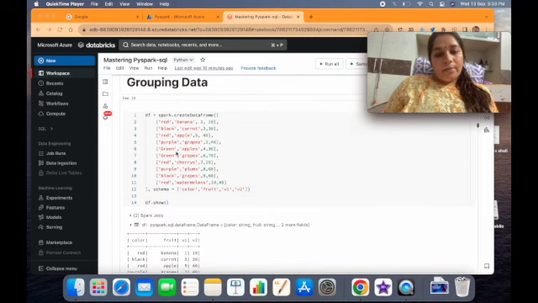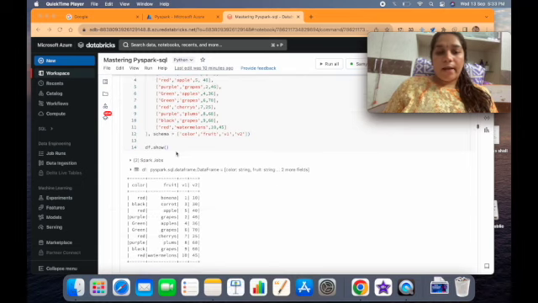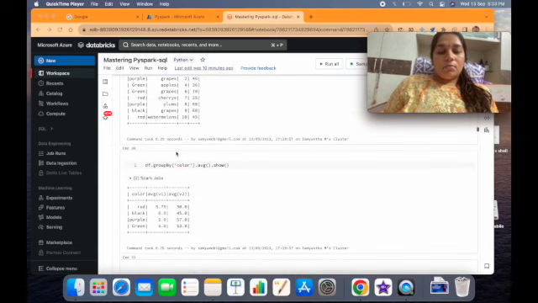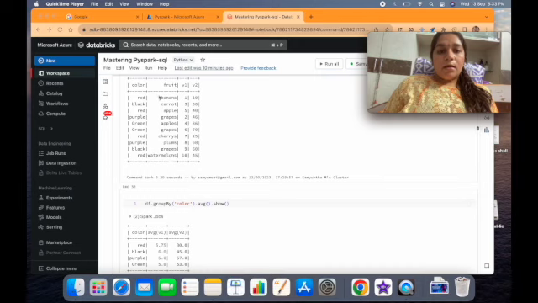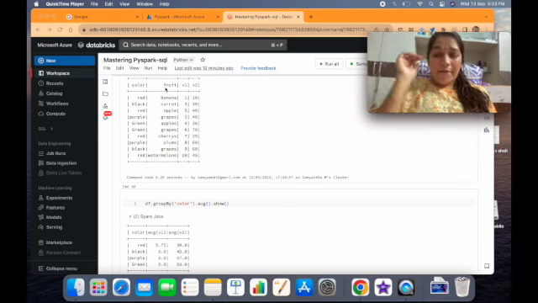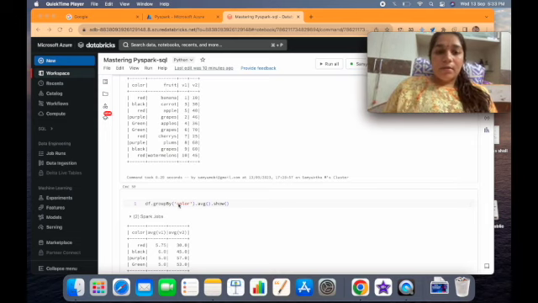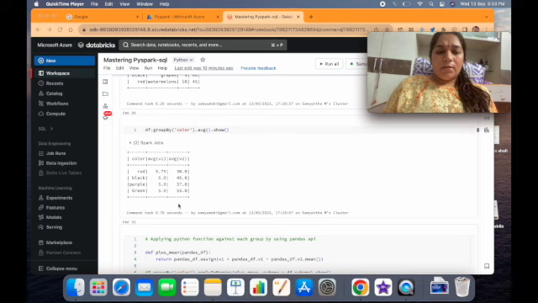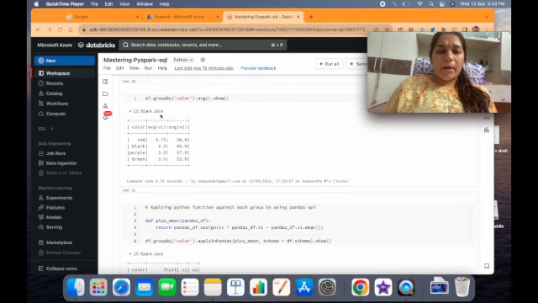I'll be showing you grouping values by using a temporary colors and fruits data frame which I have created, and I've also added some integer and double values to show you how it works. So here I'm grouping by just one particular column, and we are seeing average values for the complete data frame. Like it picks out only